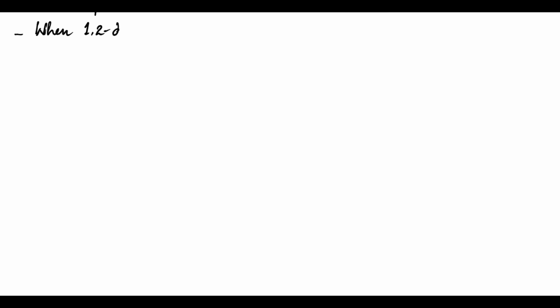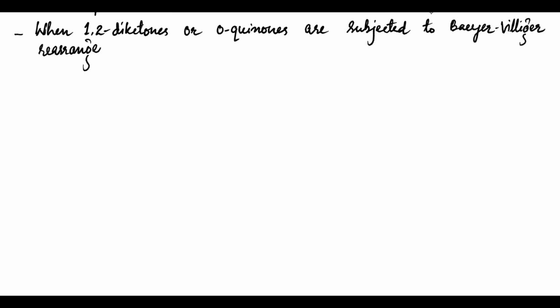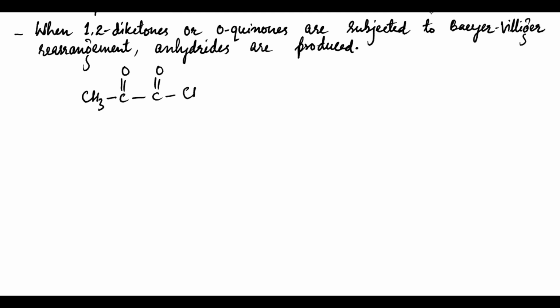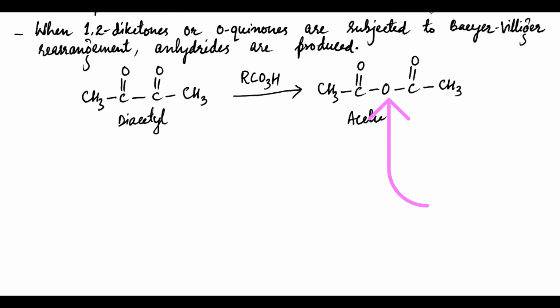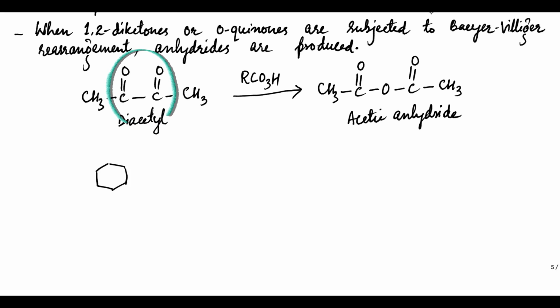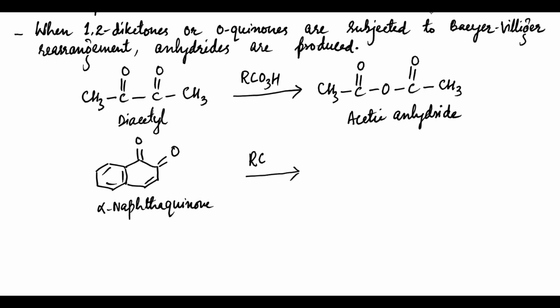When 1,2-diketones or orthoquinones are subjected to Baeyer Villiger rearrangement, anhydrides are produced. For example, this diacetyl on treatment with peroxyacid gives acetic anhydride. The oxygen from peroxyacid is inserted between these two carbonyl carbons to form anhydride. Likewise, when this alpha-naphthoquinone is subjected to Baeyer Villiger oxidation, the oxygen is inserted in between the two carbonyl carbons